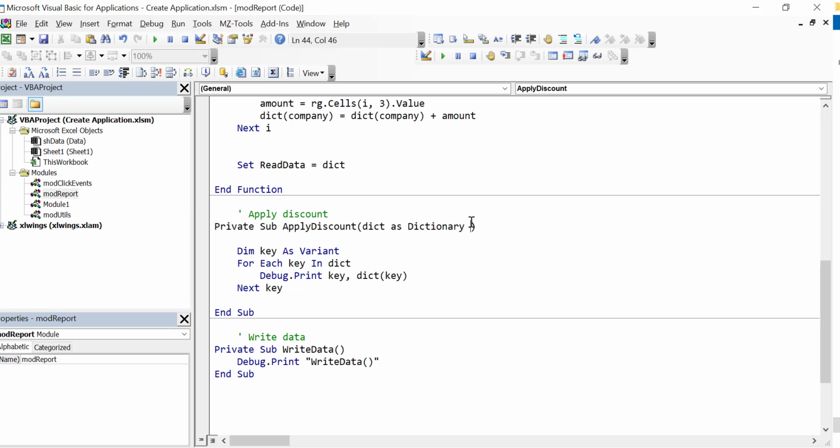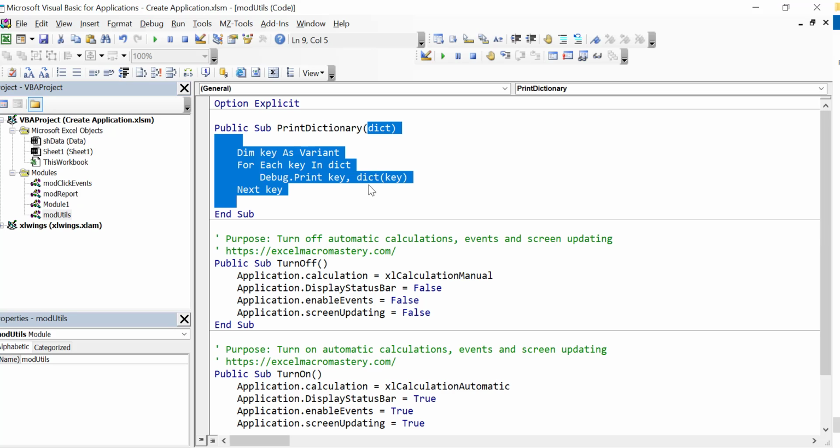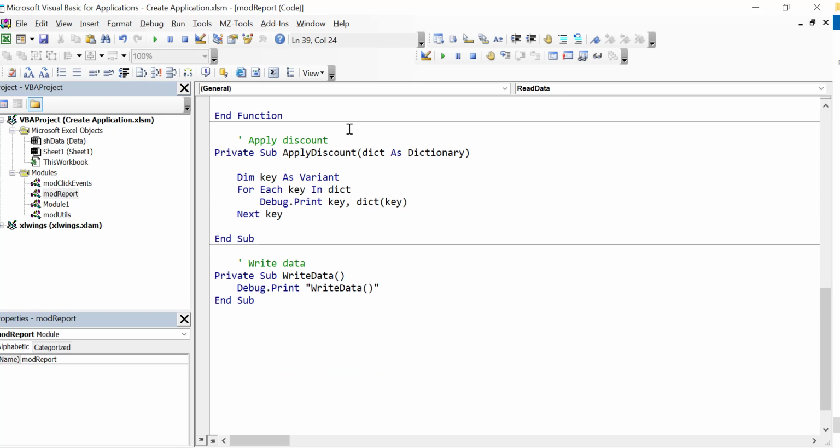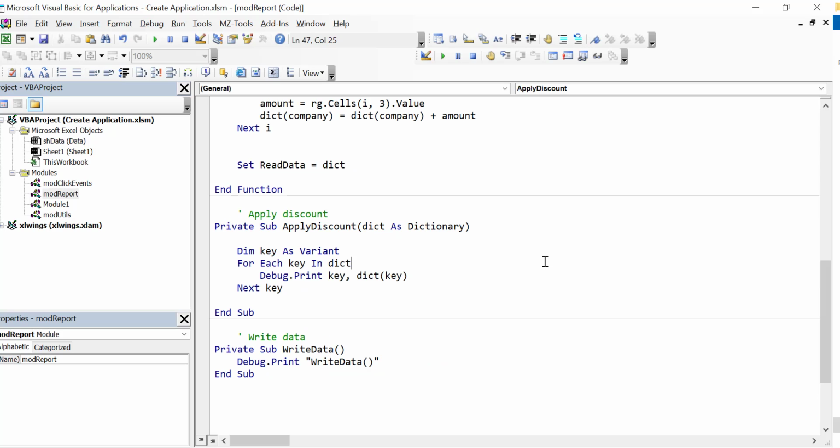Let me just go back to the print dictionary for one second. So I just have dictionary here. If we don't declare it, it'll still work, but it's better to always set the type. Then if we pass in the wrong item, it will actually tell us that we've made a mistake. So apply discount, we're going to read through every item in the dictionary. And we're going to say if the value at the key is greater than 150,000,